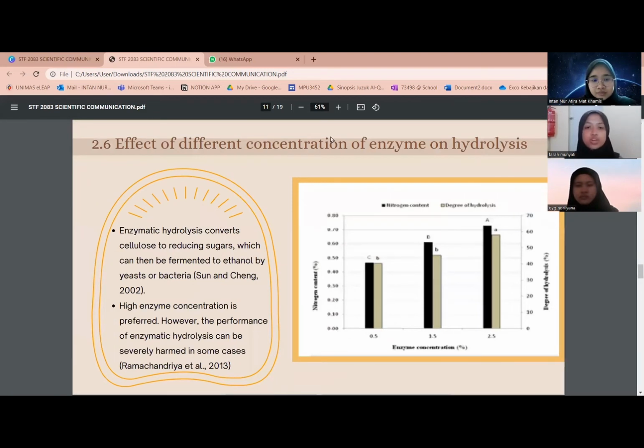Okay, next, the concentration of enzyme is among the most major factors determining the enzymatic hydrolysis process. In most industrial areas, a high enzyme concentration is preferred because more enzyme converts more substrate moles into product. From the graph shown, according to Haslaniza et al. 2010, when the percentage of the enzyme was increased, the degree of hydrolysis will increase too, due to the enzyme hydrolyzing some of the related peptides into amino acids and also smaller peptides. James et al. 2005 also stated that the increasing enzyme concentration will reduce the hydrolysis time more than increasing temperature. Okay, next slide.